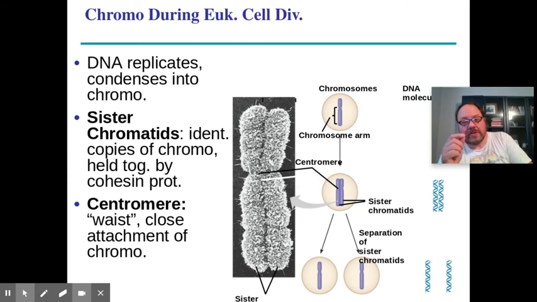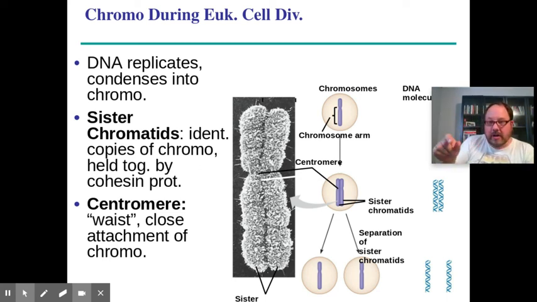So when we look at a chromosome, during interphase that DNA is going to be replicated. So that chromosome is actually made of 2 sister chromatids held together along their length by a protein called cohesin. This cohesin protein stitches together, holds together the 2 sister chromatids. Okay, so the image you see there is one chromosome made of 2 sister chromatids, referred to as a replicated chromosome. A chromosome is made of 2 sister chromatids held together by that cohesin protein in the middle.